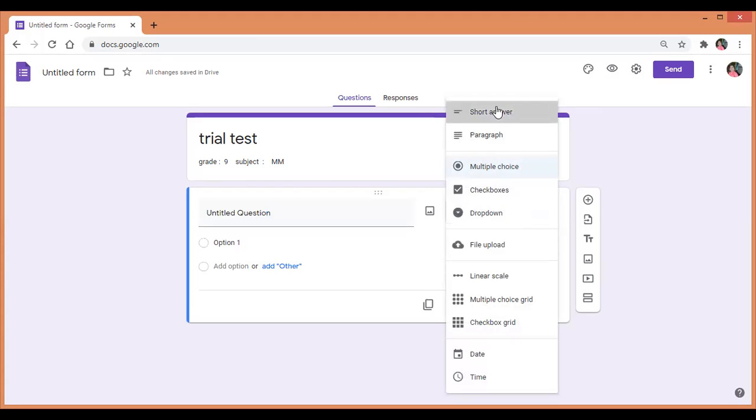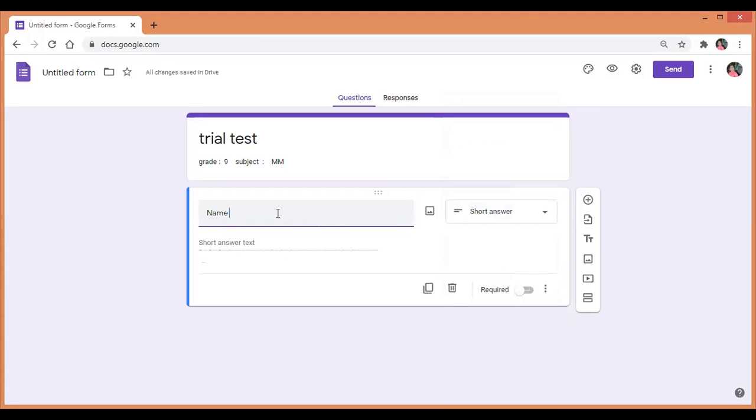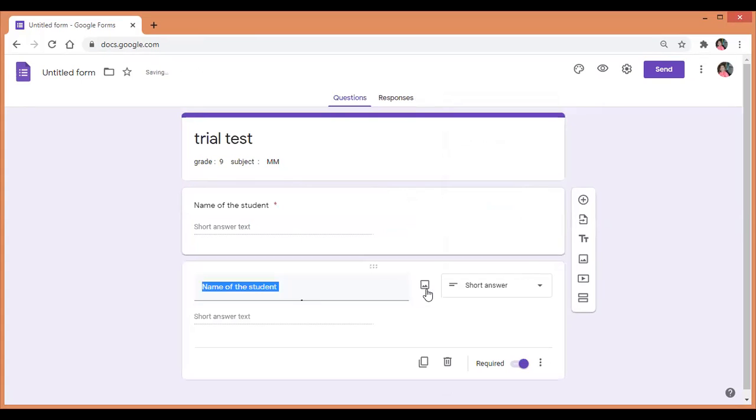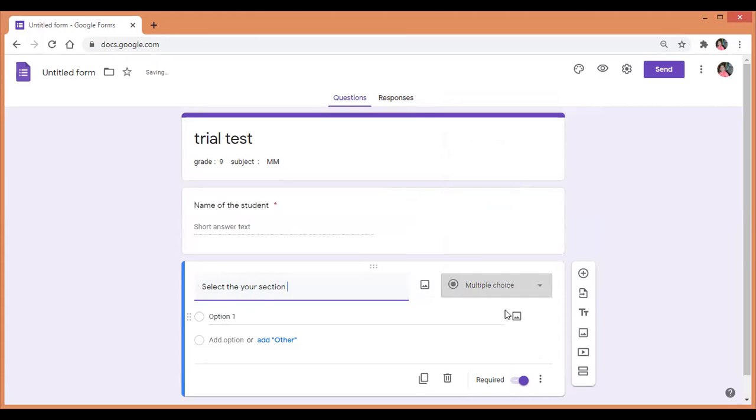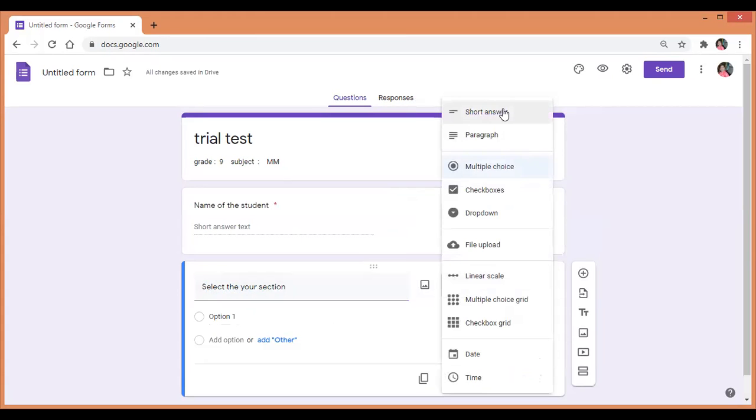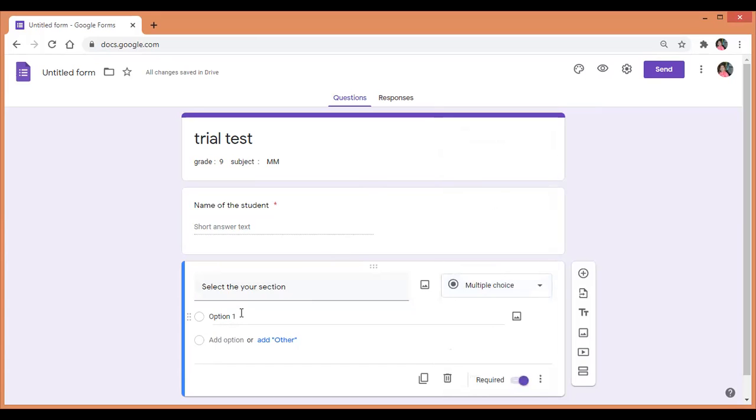Usually how we set, we'll write the name of the student, and they will be writing the answers here. Then this is the required question, which means it's a compulsory question. After that, once you set here, if you want, you can choose one more question. Suppose you are having 2 sections or 3 sections. For this one, you should go to multiple choice and write here